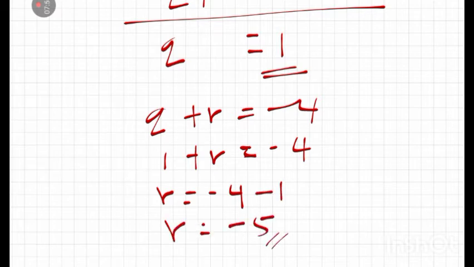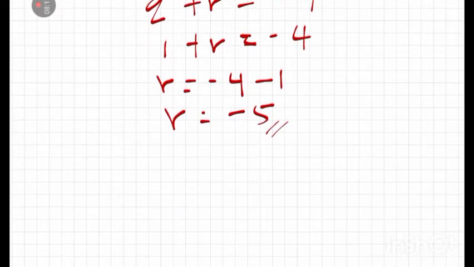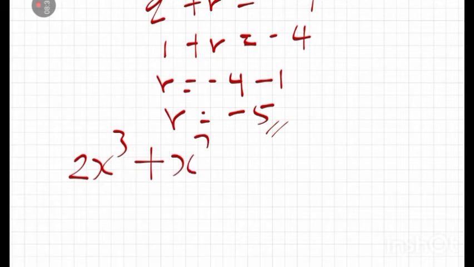We've gotten the value of r, we've gotten the value of q. We have to substitute the values of r and q in the expression so that we can now solve the polynomial equation completely by factorizing it. So I have 2x raised to power 3 plus my q is what? My q is 1. Therefore, I have x squared, and my r is minus 5, minus 5x